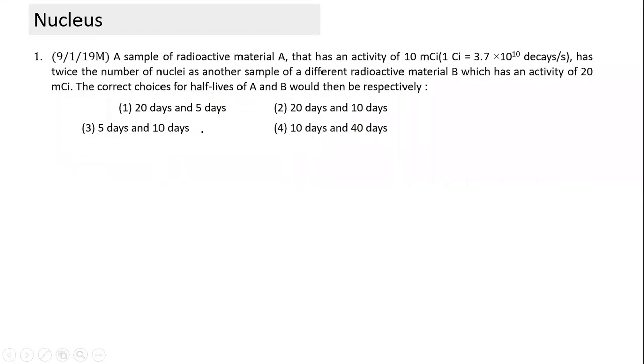Now coming to some of the questions which have come in the mains. From now onwards, I will take questions which have come in mains. First read all questions for a minute. After a minute, I'll start explaining how to go about solving those questions. Let's look at all questions one by one. This is related to activity and price number. All of you please read the question, then we'll go about solving.